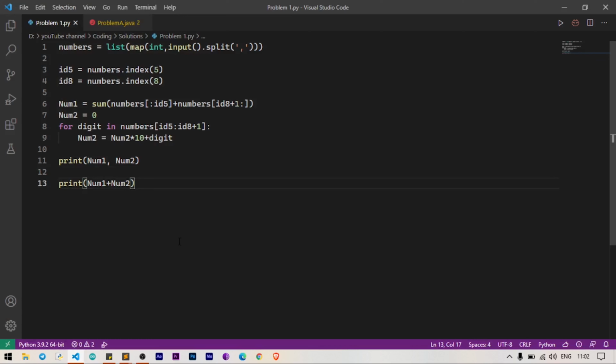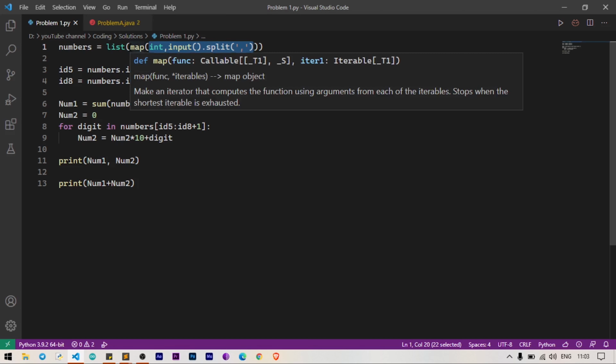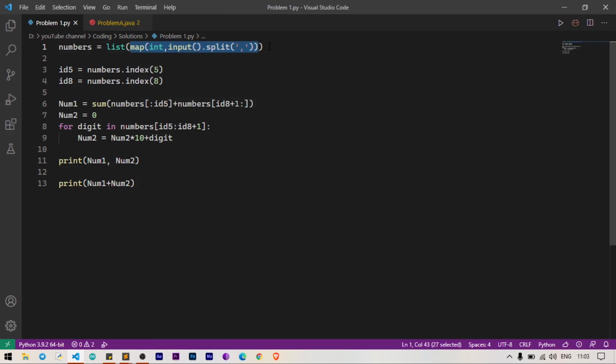So as we discussed, the same logic, whatever pseudocode that we have written, the same thing is applied in Python. Okay, let's see, we have numbers and we have taken the input and split that based on comma. And then we used the map function directly. Instead of 2 lines, I have taken a single line. I have converted the split list, the strings list, into a map object by using the map function, and then again I converted that into a list.